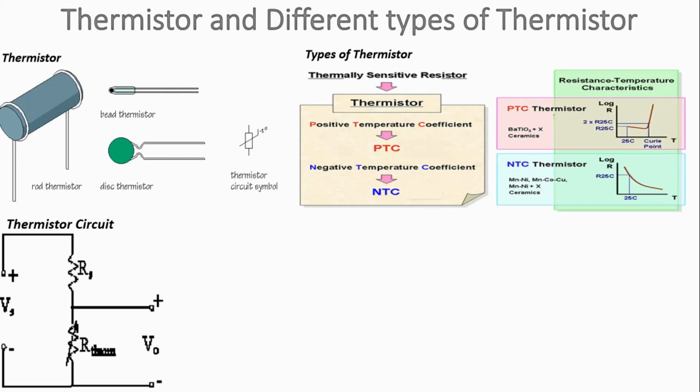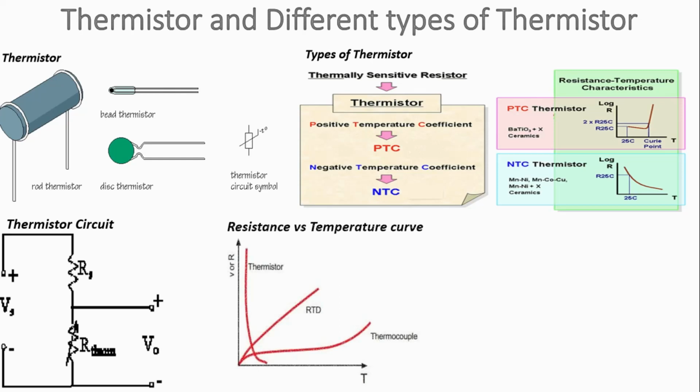Now we will also see what a resistance versus temperature curve looks like. Already it was shown in the presentation. Unlike RTDs and thermocouples, thermistors do not have a standard associated with the resistance versus temperature characteristics or curves. Consequently, there are many different ones to choose from. Each thermistor material provides a different resistance versus temperature curve.